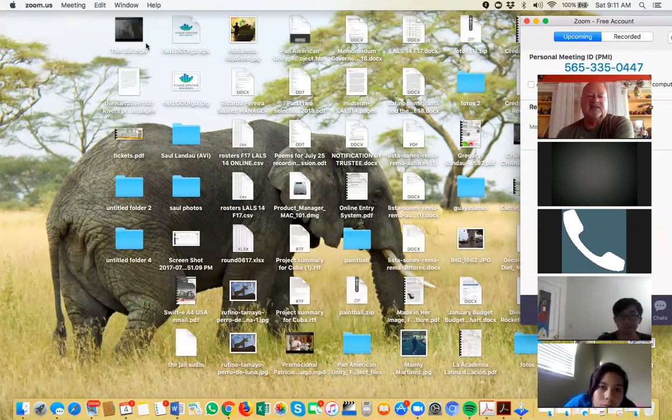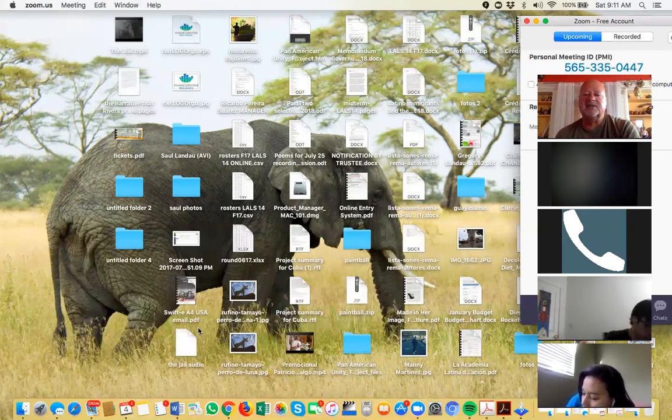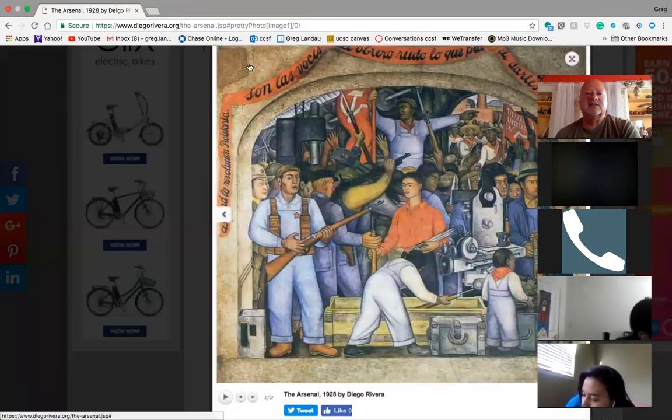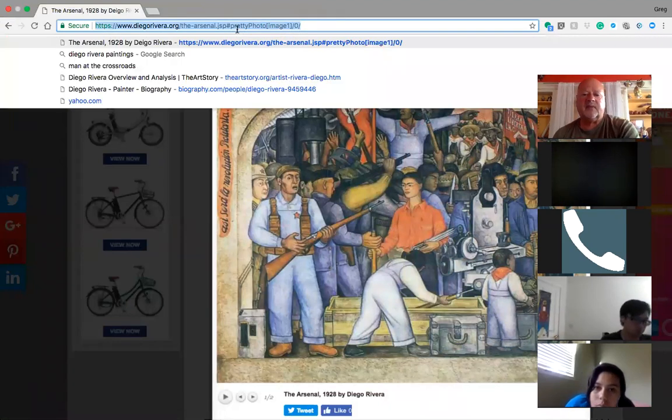So how would you approach this assignment? I think an easy way to do it would be to look through the Communist Manifesto and find a relevant passage that is reflected in one of these murals. They can be very obvious ones or more subtle ones. For instance, let's look, let me,